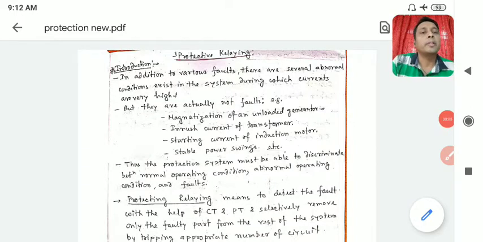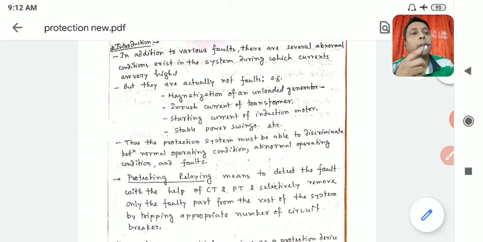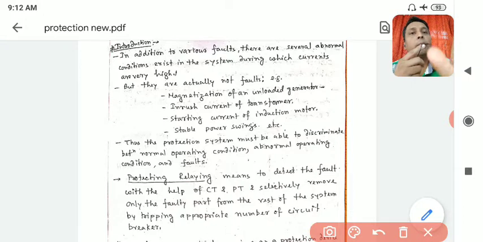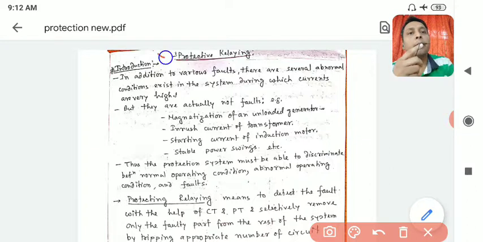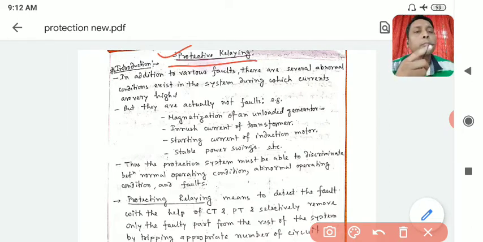As we have discussed in the last lecture, we will continue our discussion and start a new topic, that is protective relaying. I told you that the switchgear portion I will leave for you to have a look, because I have already shared the notes. This is the portion which is relatively numerical based or conceptually more important, so I will go to that topic first. If required, I will come back to this.